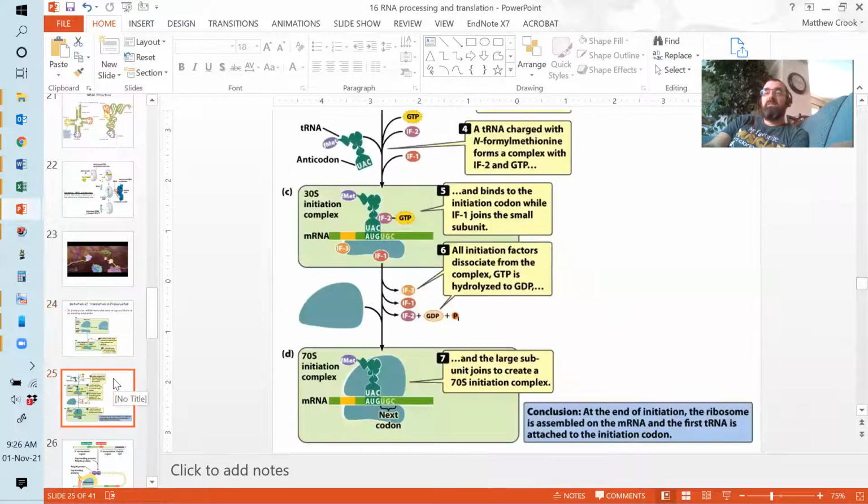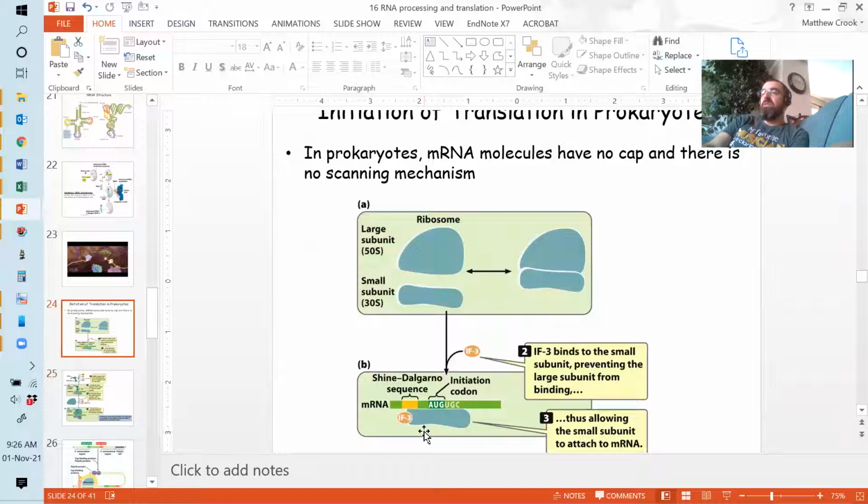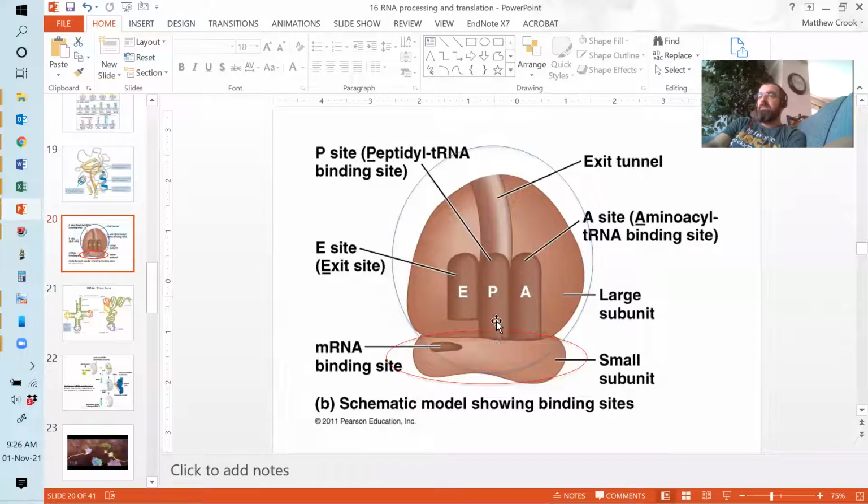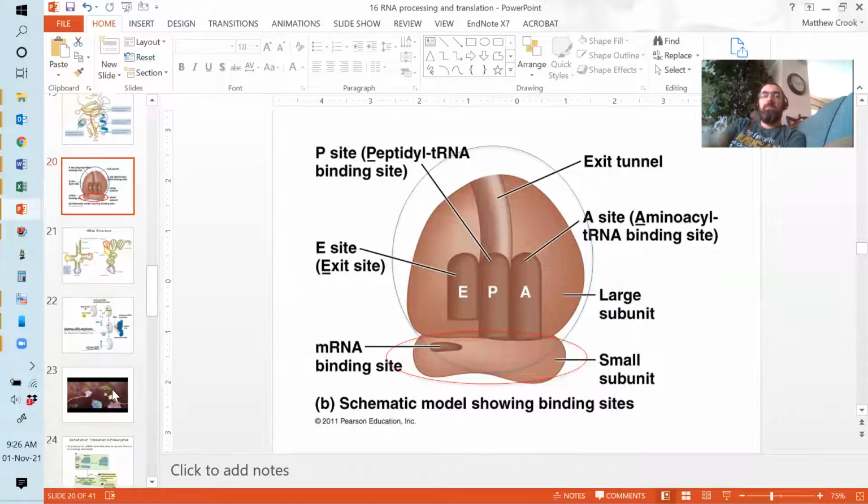As soon as it does, essentially this Shine-Dalgarno sequence is a sequence in the mRNA which is recognized by the small subunit and the IF3. And that directs the small subunit to that specific spot. And the aim of the game is to get the P site, this site here, the one in the middle,